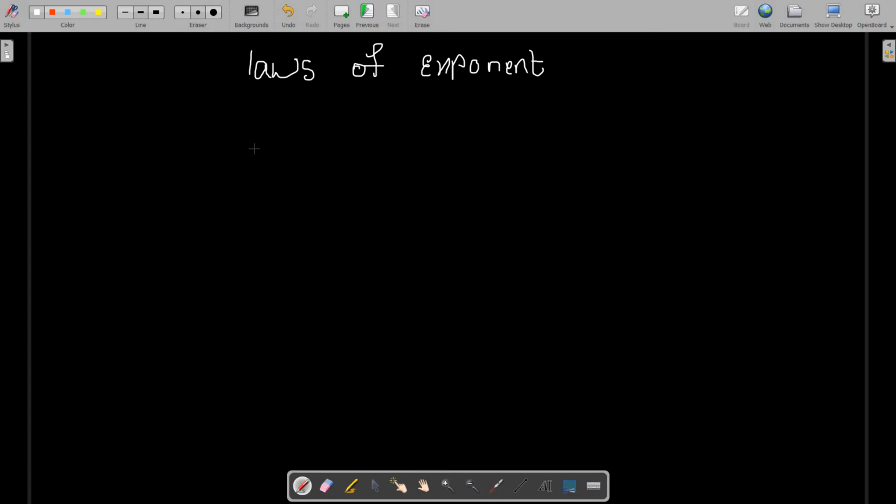In this session I came with a new topic, that is laws of exponent. In part 1 I explained about exponent and exponential notations, what is exponent, what is the base, and I also gave some problems. I think you all wrote the answers in the comment box, and I will check them. Before starting this, please listen to part 1 also. Then you will understand what I am saying in this class. Without listening to the last class, you can't understand this part 2 class.